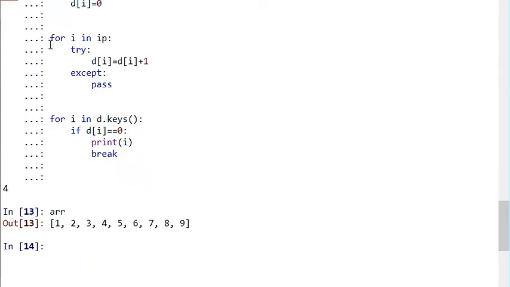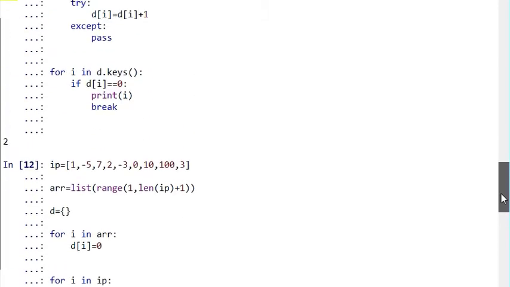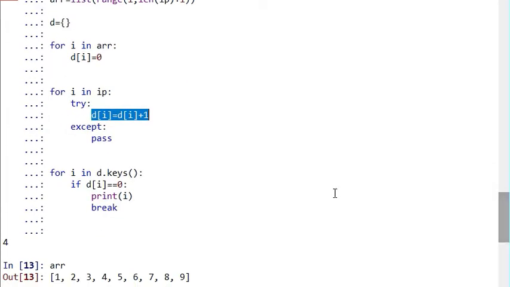Then I am iterating through all the items in the input list, and whenever I get a number, for example 1, D of 1 becomes D of 1 plus 1. It was initially 0, now it will be incremented by 1, and it can be increased many times.